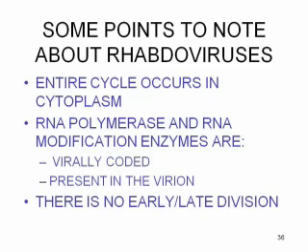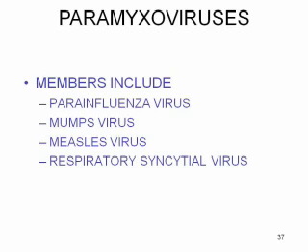And it's also present in the virion because the first thing that has to be done when it goes into a cell is to make message, so all the machinery for making the message has to go in with it. And there's no early-late division. That's a common feature of these RNA viruses. They've got small genomes. They're pretty simple. They just do everything at once. Any questions? Okay.